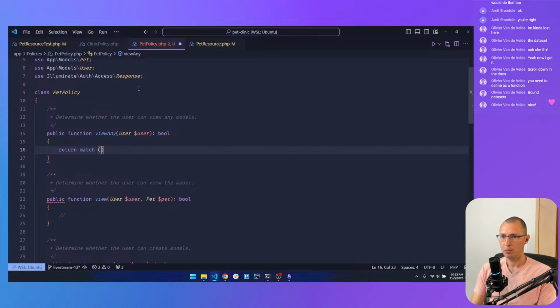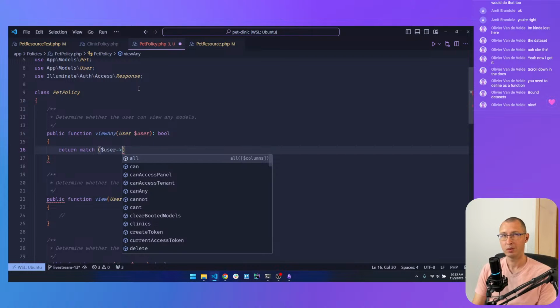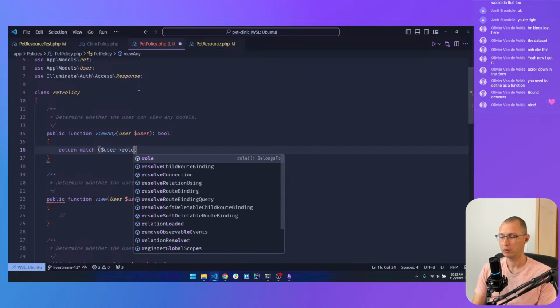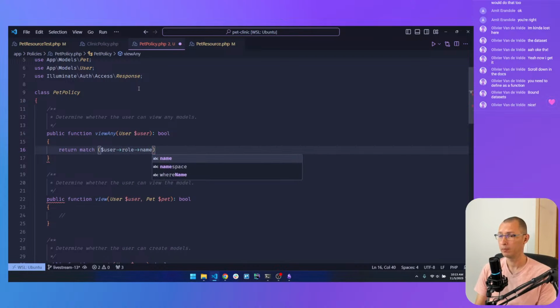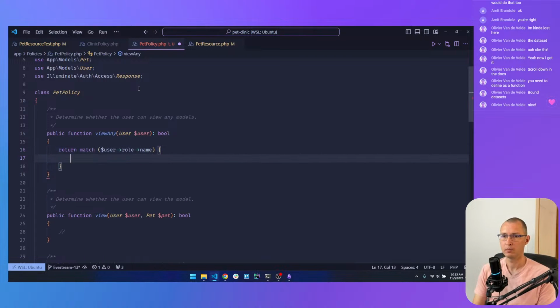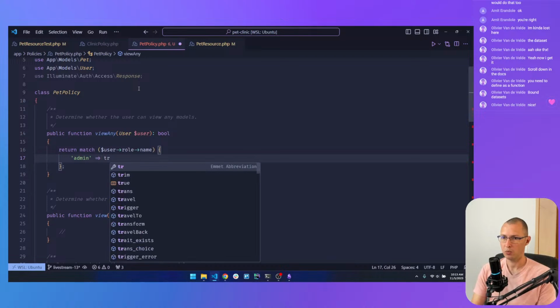And we're going to match user role name. So if the user role name is admin, that's true.